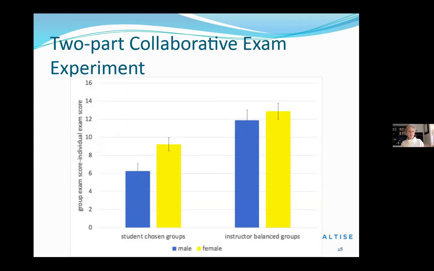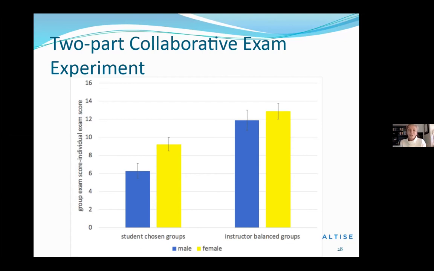okay, so this is looking at the two conditions, male versus female, the differential between the individual and the group. On the y-axis of this graph is group exam score minus individual score for each person. So it's the difference between how you did when you participated in the group versus how you did individually. And we broke it down by gender. Exam 1 is the first 2 set of bars, and then exam 2 is the second 2 set of bars.